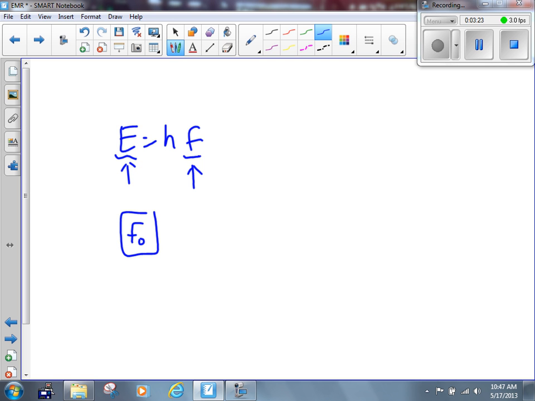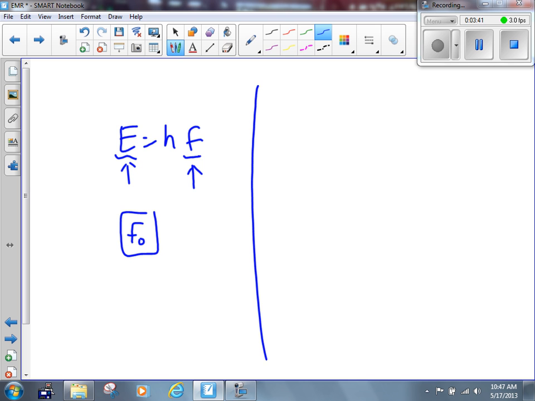But what's going to be different about that electron, Patrick? Good. Yep, it's faster moving, it's more energetic. Because the original photon had a lot more energy. It gives a lot more energy to the electron. Therefore, the energy of the electron is going to be more. Therefore, the speed of the electron is going to be more.